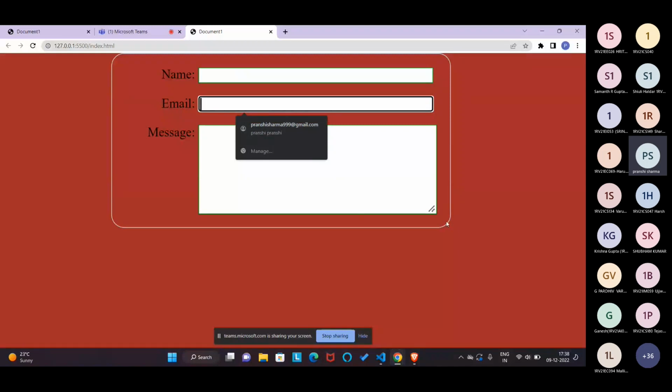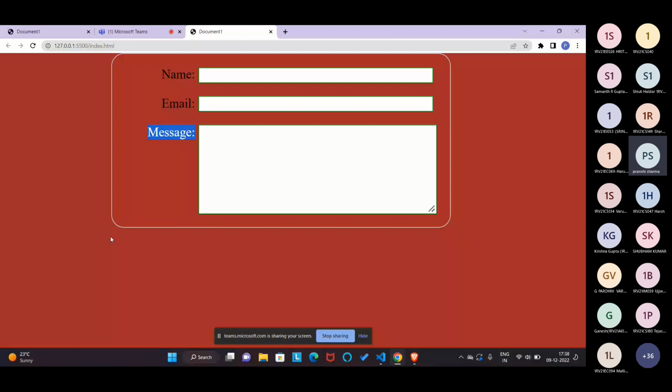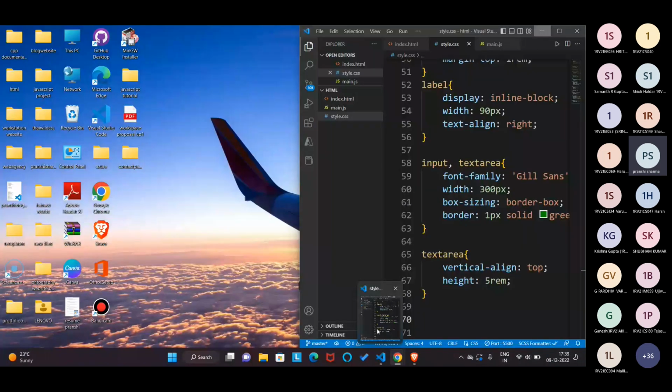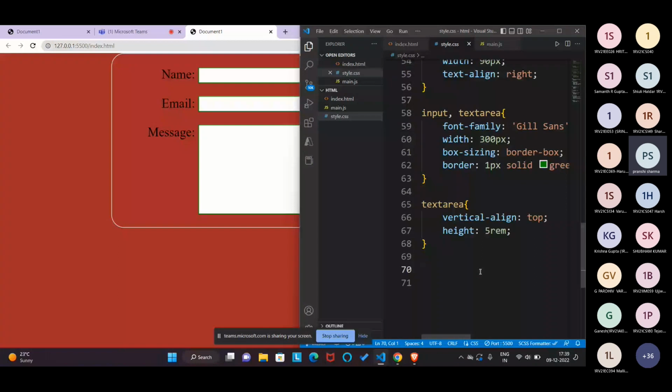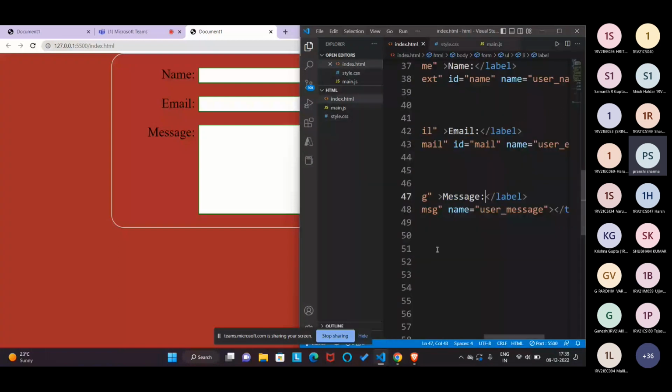This is a property which is done by the border. This is the border radius. The curve you are gonna see here is done by the border radius. We updated the border radius, and that's it. Name, this, email, this, message. Yes. There is something missing in our form, which is the submit button. So we are going to learn about the submit tag and how we can edit our submit button. Okay, now we make a